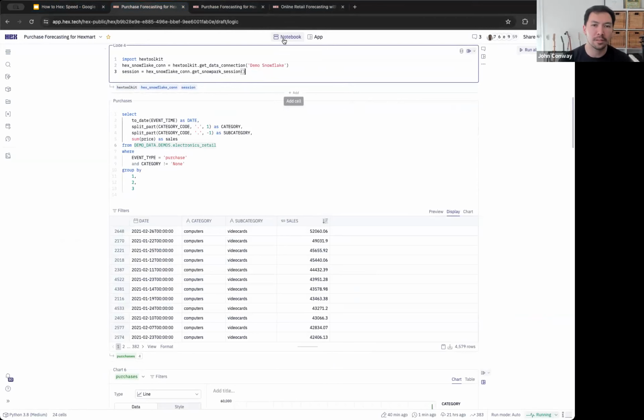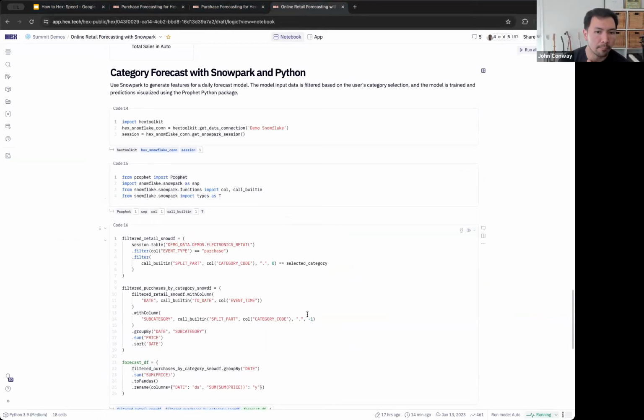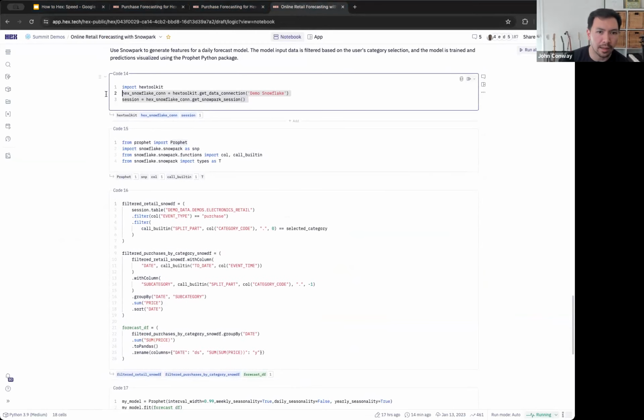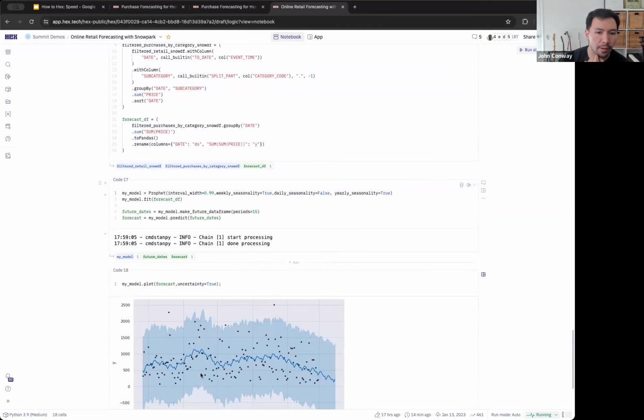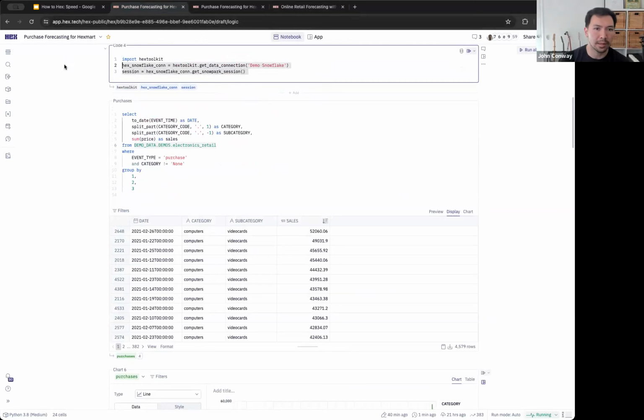But you can copy cells from one cell to another. You can see here from this example that we have the Snowpark code. This is all just running against the session variable. Super straightforward. And at the end, we're printing this out. So anything that you want to do with Snowpark, it's easy to get started because we give this with your